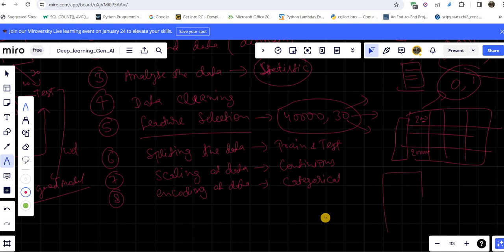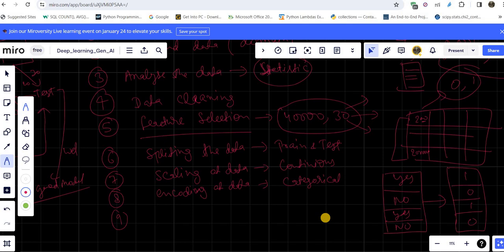Let us suppose you have a column here where it has written yes, no, yes, no. This one you cannot feed to your machine learning model because machines do not understand text. So encoding means I will convert yes to 1, no to 0, and then I will feed. So that is called encoding. Okay,